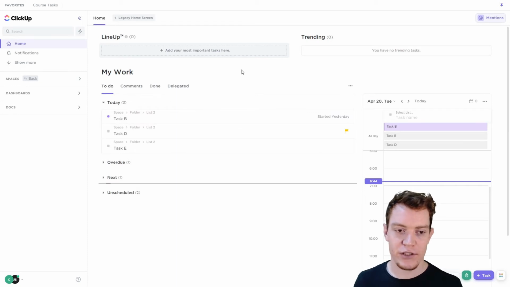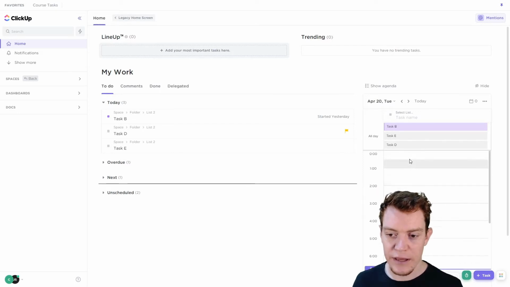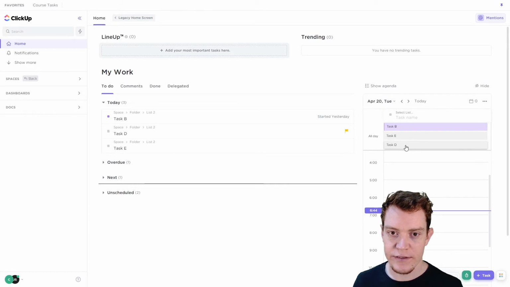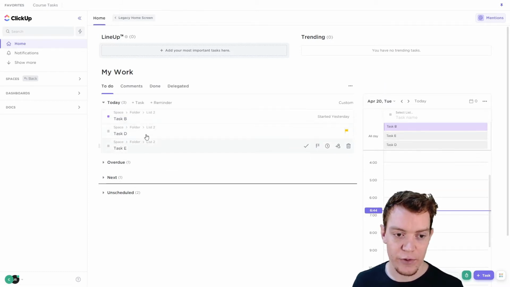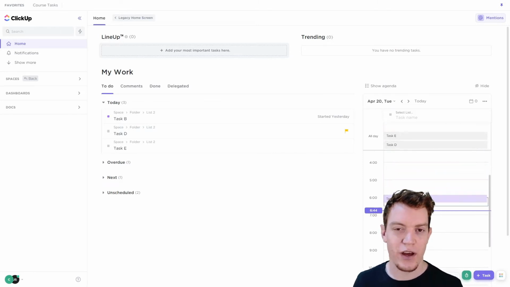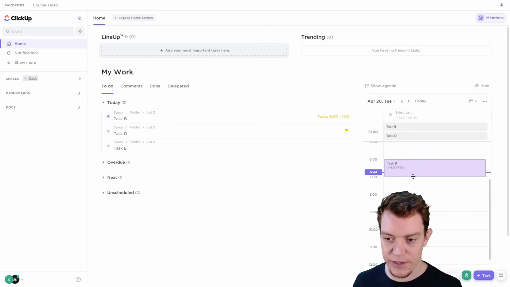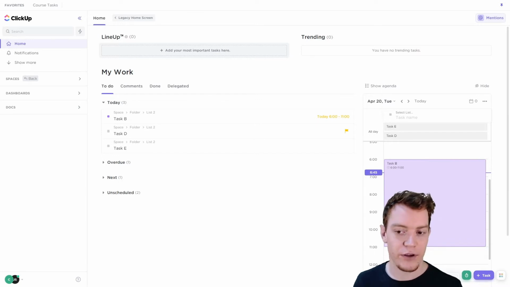Okay, the next main section of the home area is this calendar. So the purpose of this calendar is to plan out your day. It displays one day only, which is today. And it shows your assigned tasks that are scheduled today. So the same as my 3 tasks here today, we can see them on the calendar. The cool thing is you can drag tasks to schedule them for which time of the day you want to do them. So let's say I'm going to do task B from 6 till 11, for example,